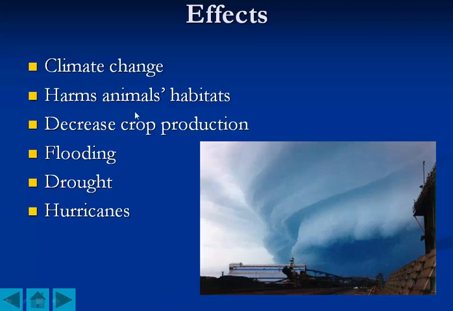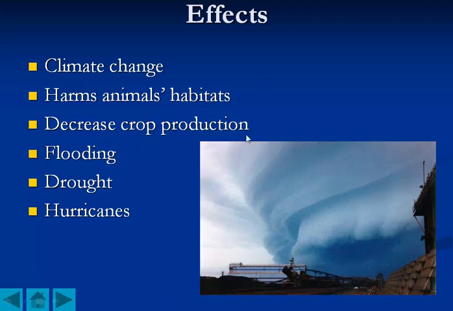Then that harms animals' habitat. Because of the excess storming, entire habitats get changed. Where there is a desert, there you will find heavy rain start. Where there is a good rainforest, that rainforest starts drying up. So that kind of climate change we experience because of this greenhouse effect.